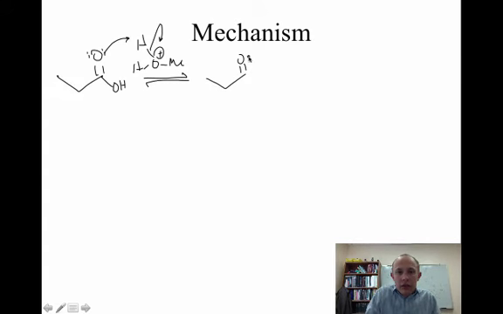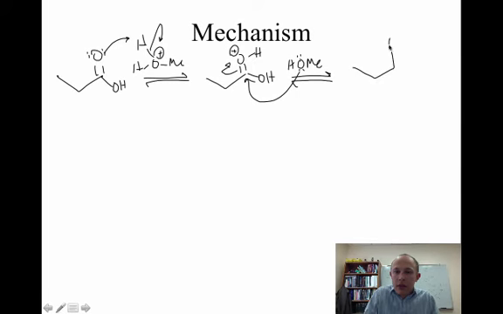So we get a positive charge here and an OH, and now methanol is a decent enough nucleophile to attack that carbon and break our carbon-oxygen double bond, which gets us to this